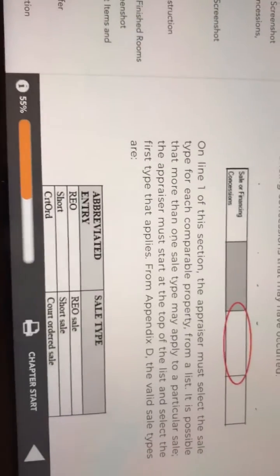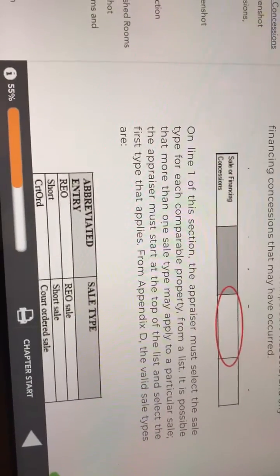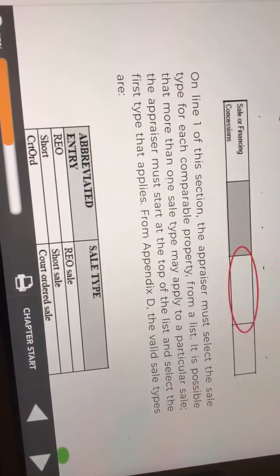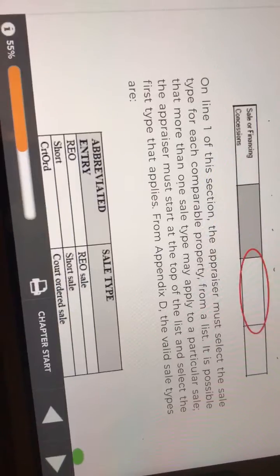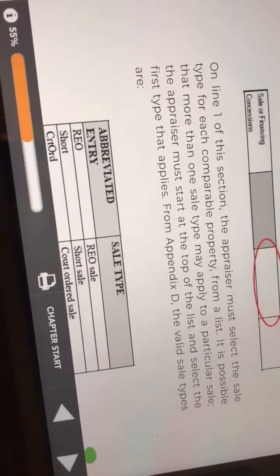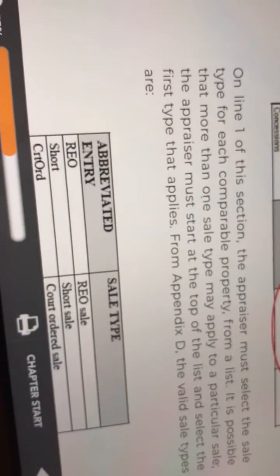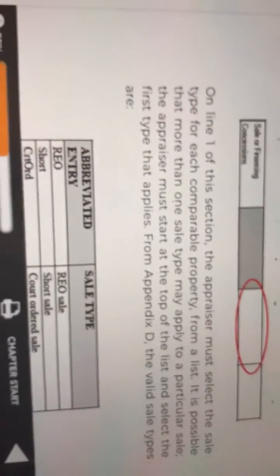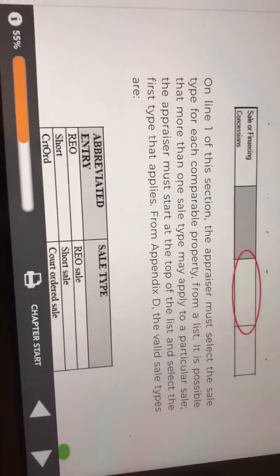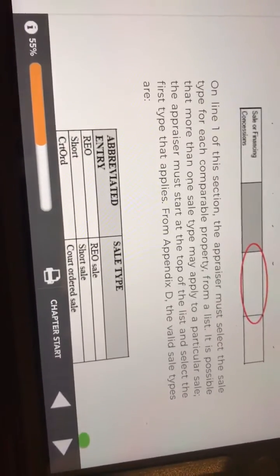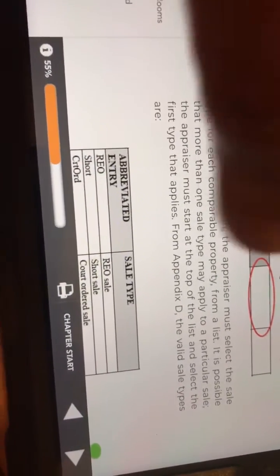On line 1 of this section, the appraiser must select the sale type for each comparable property from a list. It is possible that more than one sale type may apply to a particular sale. The appraiser must start at the top of the list and select the first type that applies. From Appendix D, the valid sale types are